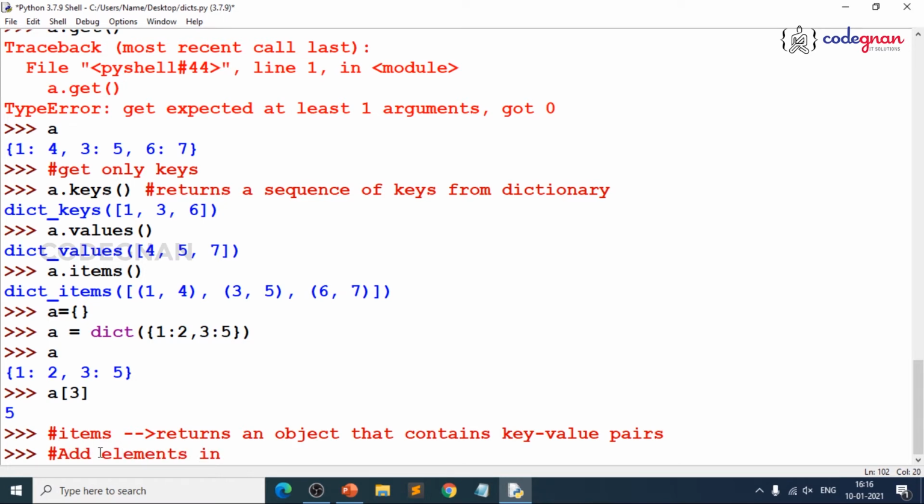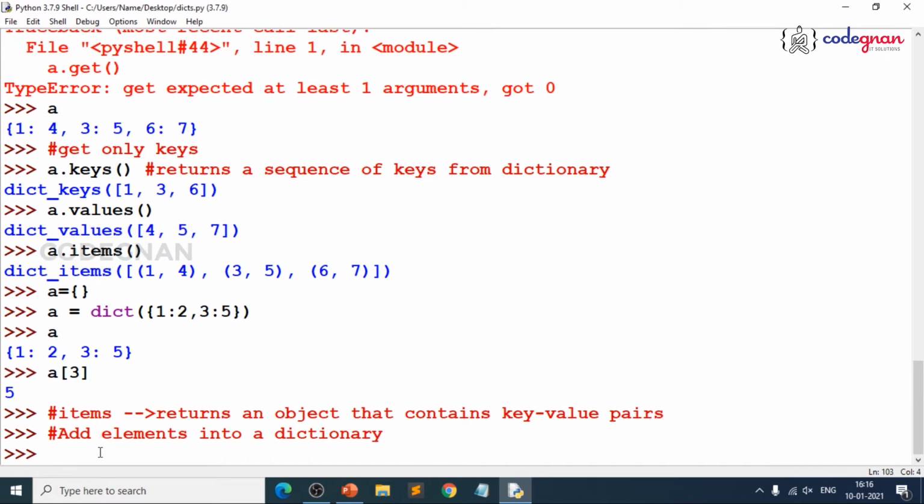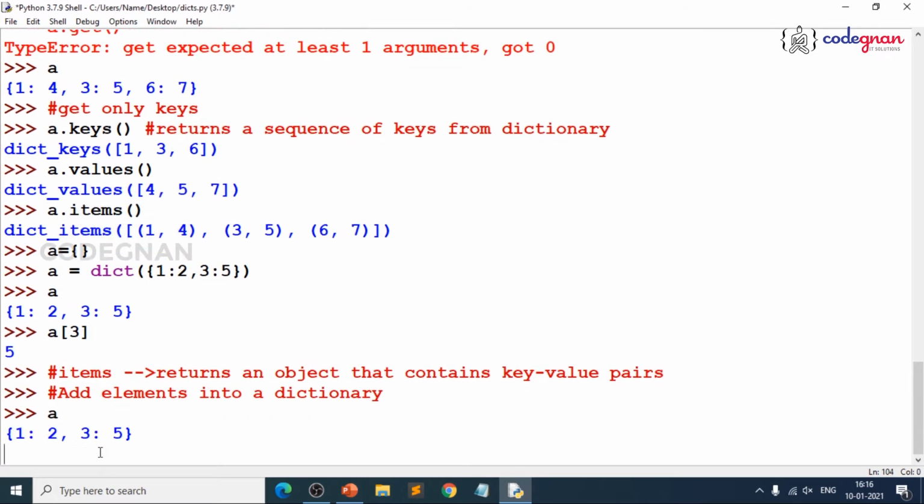This is a very important point: adding elements into a dictionary. Here you do not have anything like add or append, because you only have update. Let me prove it. This is your dictionary. When you give a dot, you have clear, which is the same for anything. We have seen get, items, keys. Pop item is different. You have only update, you don't have add.